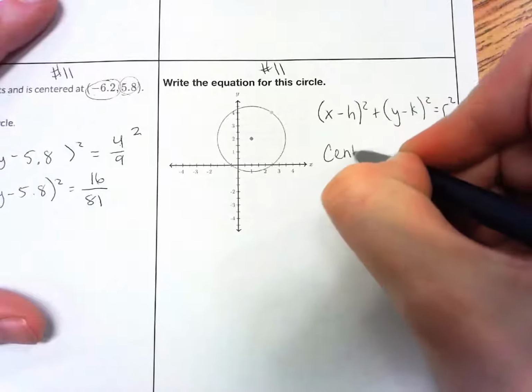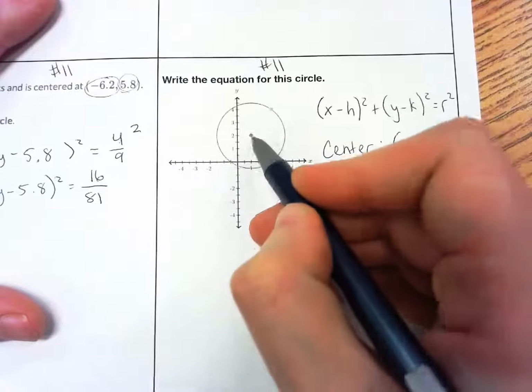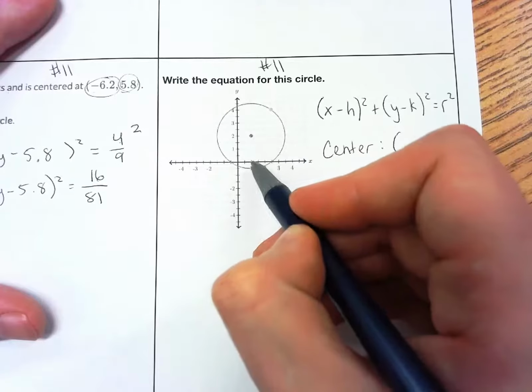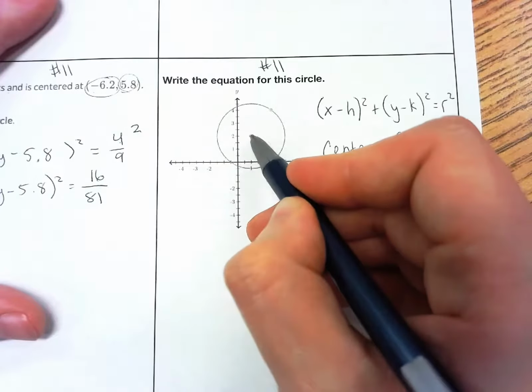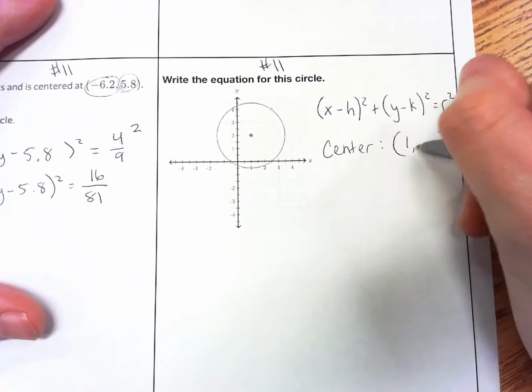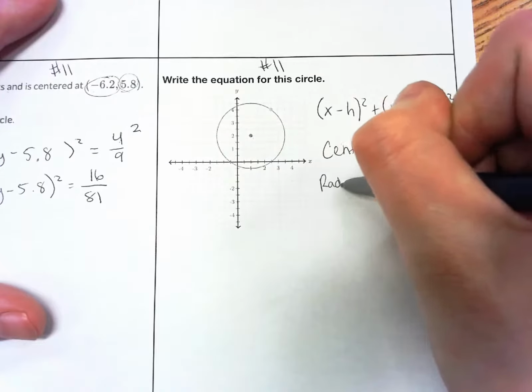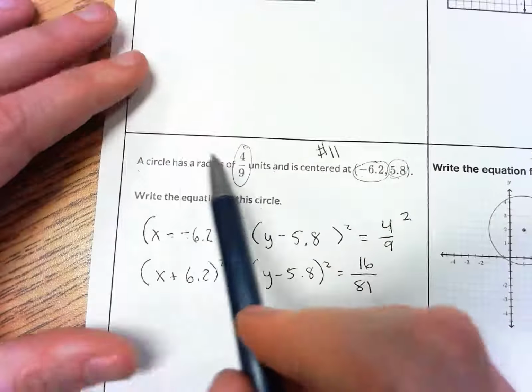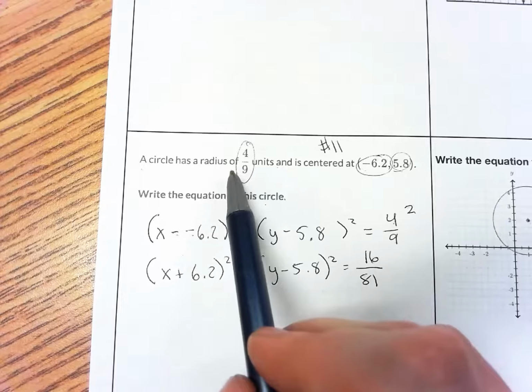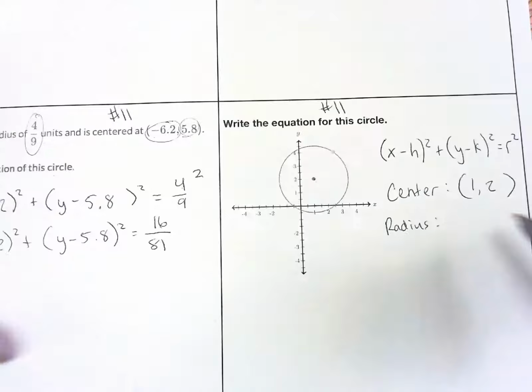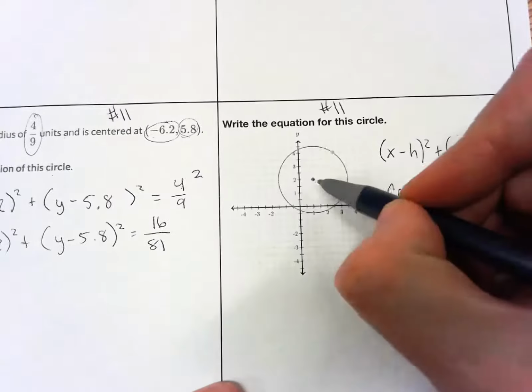So the center is going to be pretty easy to find. That's the center of our circle. So it looks like it's at (1, 2). And then the radius is going to be a little bit different. Unlike this question over here that gave us the radius, and it says the radius is 4/9, this question doesn't give us the radius, but we can find the radius because the radius is going to be the distance between